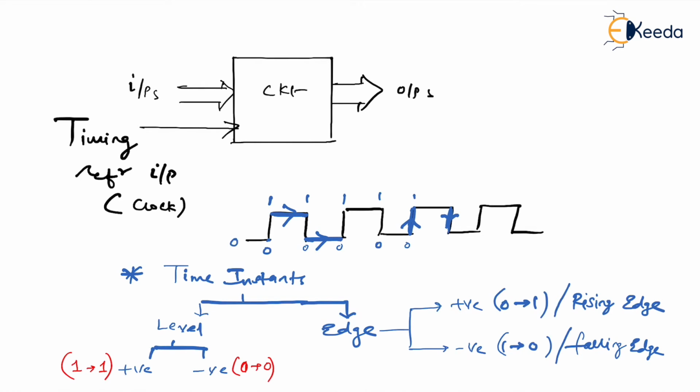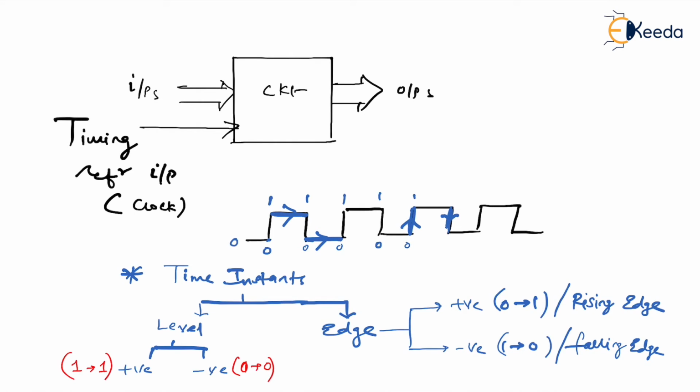Now with these time instants, we are going to see the types of triggering. Now what is meant by triggering? Triggering means your inputs are given, and they are reflected into the output. But this time, even though you have given input, I want my output to change only if a particular time instant is present. So if that time instant is a level, then the type of triggering is called level triggering. If your outputs are changing at, let's say, edge time instants, then it is called edge triggering. And in these two types of triggering, level triggering and edge triggering, we will have different types, that is positive level triggering, negative level triggering, positive edge triggering and negative edge triggering.